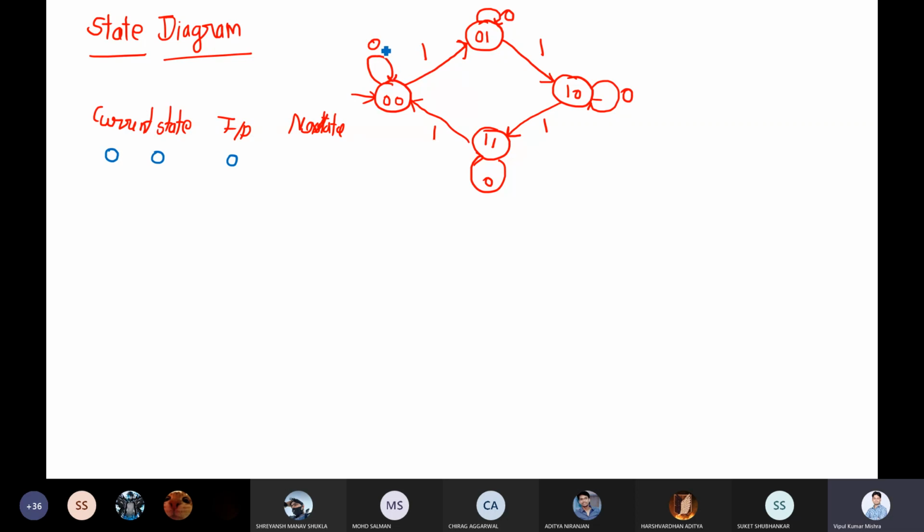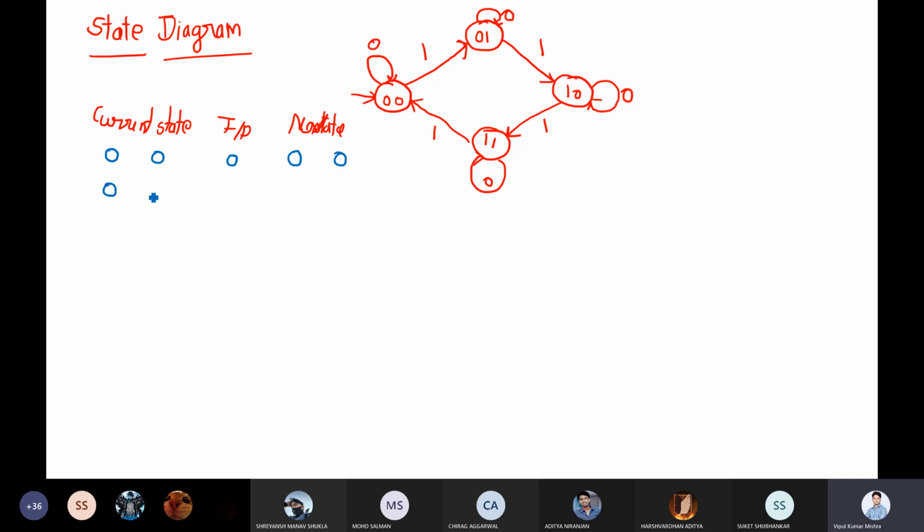This is the input. So if you got 0 input, where is it going? Yes, guys, it is going back to itself. So you are remaining in the 00 state.